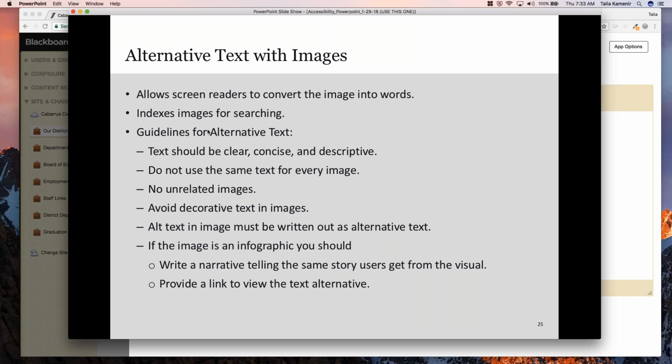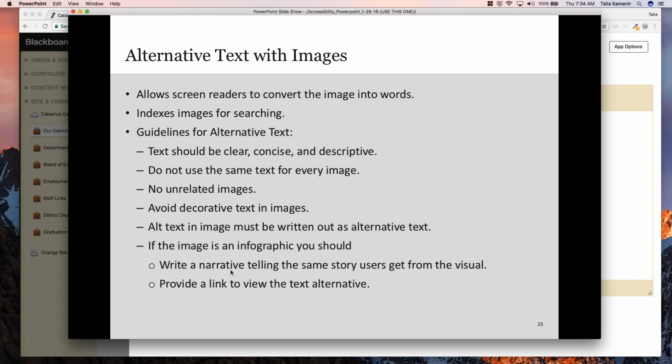of your website. As far as how to use alt text, clear, concise, and descriptive is really what you're going for. You're not going over the top, all right? You don't need to be too descriptive, but you do need to thoroughly describe the image. And so there's a couple of guidelines that go along with that. First of all, don't use the same text for every picture. It negates the meaning of the alternative text of the images if you use the same one for every image. 2,